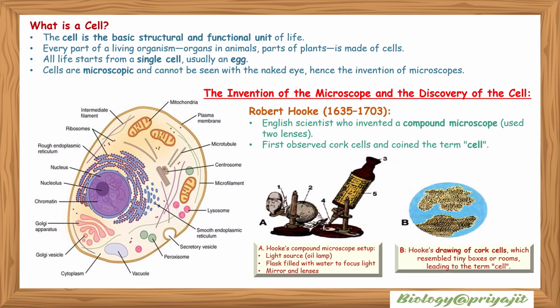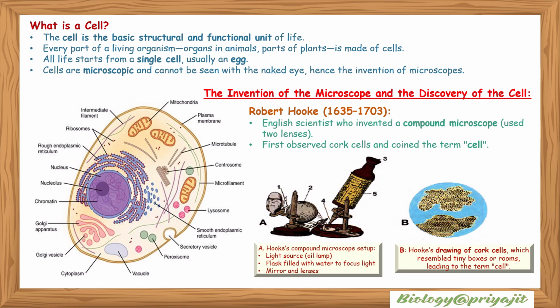What is a cell? Basically, the cell is the fundamental structural and functional unit of life. Every part of a living organism, that is, organs in animals or parts of plants, is made up of cells. All life of all living organisms starts from a single cell, usually an egg. Cells are microscopic structures and cannot be observed with the naked eye, hence the invention of